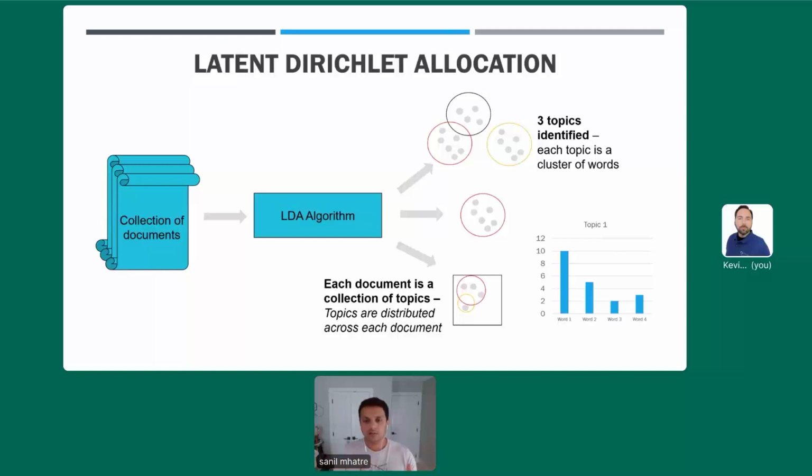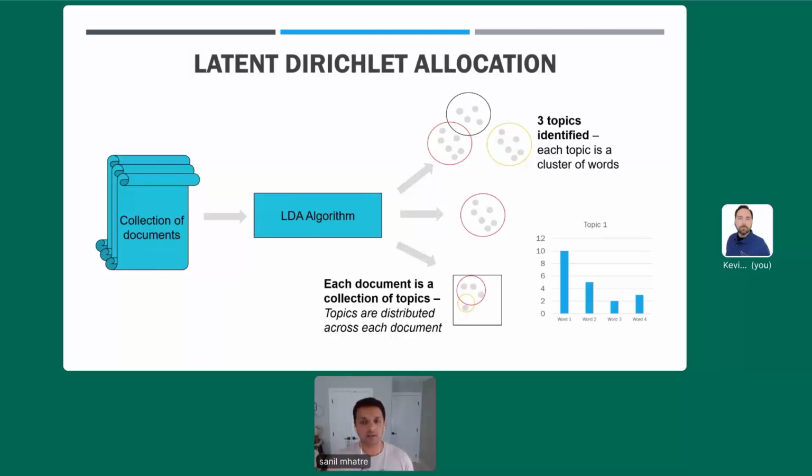The LDA algorithm is going to tokenize the text, meaning it will break down the text documents into its components, basically words for the most part, but that can be unigrams, which is one word, bigrams, two words, or trigrams, three words. It will shake all of these tokens together and then it will try to identify the broad topics that exist in this collection of tokens that it has.